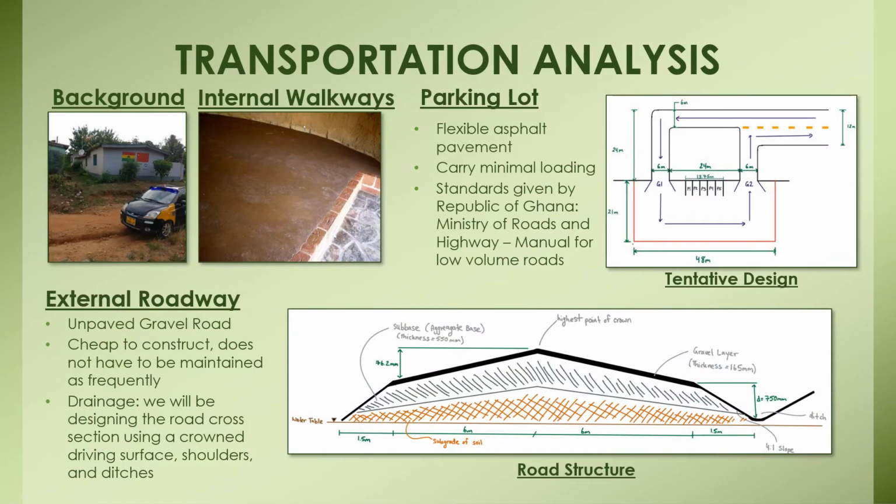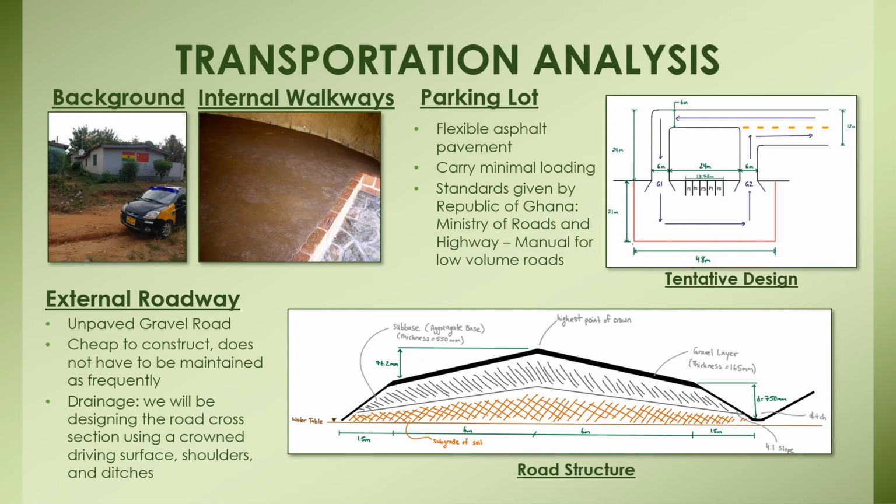In this chapter, feasible and economical designs were created for the external roadway, the school parking lot, and the internal walkways. The external roadway will be an unpaved gravel road with the structure as seen below on the slide. It is designed to maximize drainage and be inexpensive. The parking lot is designed to carry minimal loading, and a flexible asphalt pavement provides great strength, durability, and reduced cracking. Lastly, the internal walkways were designed using existing materials on site to